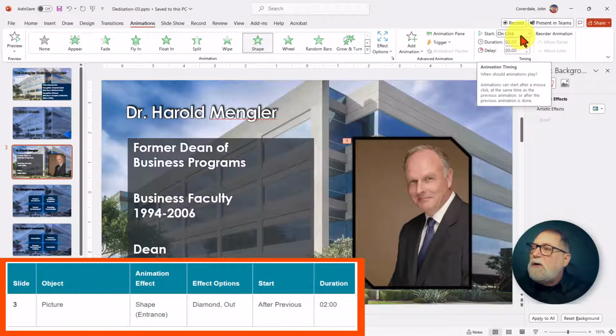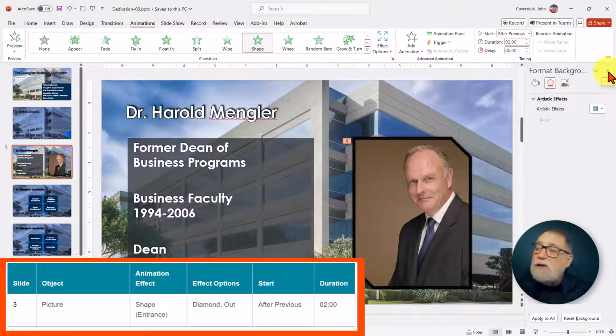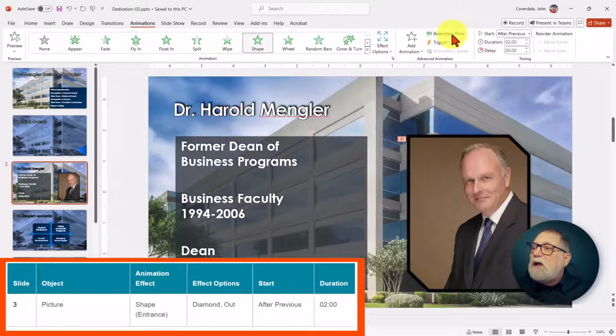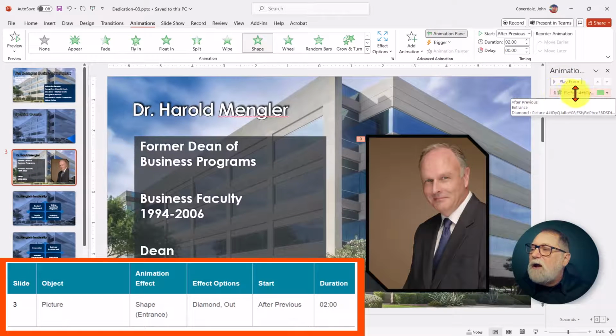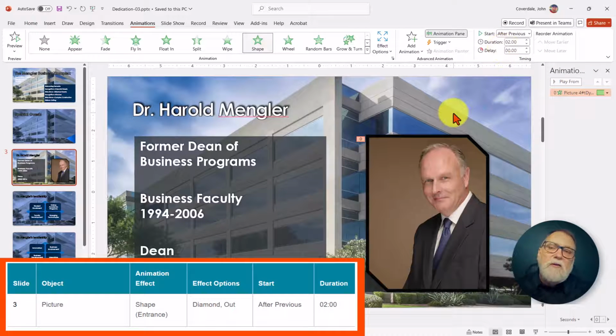And when will this happen? After previous, which means that it's going to happen automatically. Let me show you. I'm going to get rid of the Format Background tab. We don't really need to have that. I'm going to actually activate the animation pane here, and it shows me that I have only one animation. If I had multiple animations, it would show me the order vertically that these occur in. And since it's going to be happening after previous, that means that this animation is going to happen immediately when